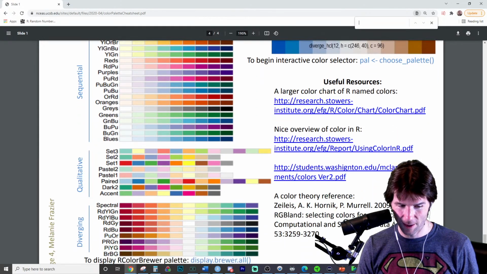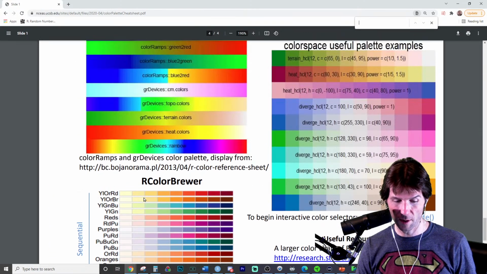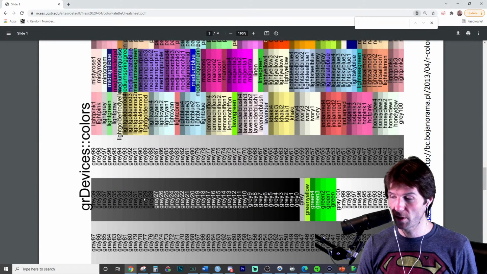No. Oh man, I was hoping some seafoam was in there. Well, you can brew colors. Yeah. So there's default names for colors, but you can always go to